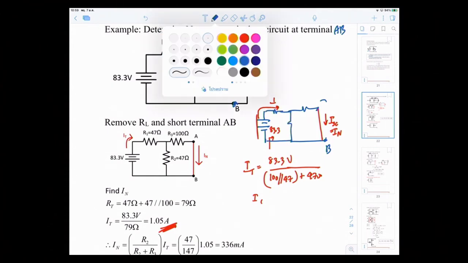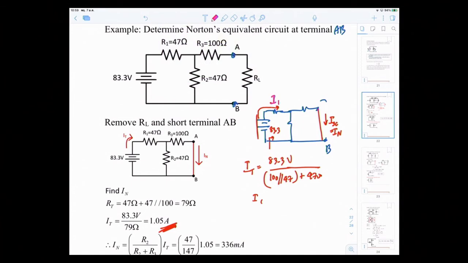I have my I total here, when it's split into two paths, right? IN, this is 100 and it's 47. So therefore, IN is equal to, if you would go back and look at the way I do my shortcut current divider formulas, when you split your current into two channels, two branches,